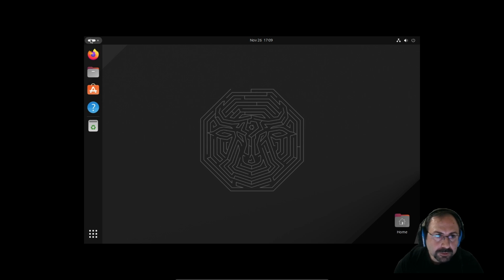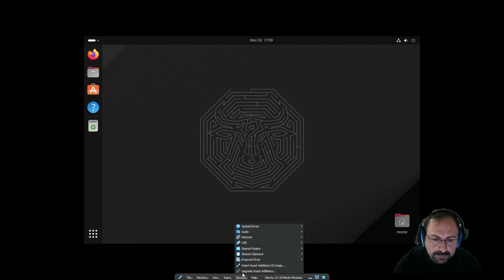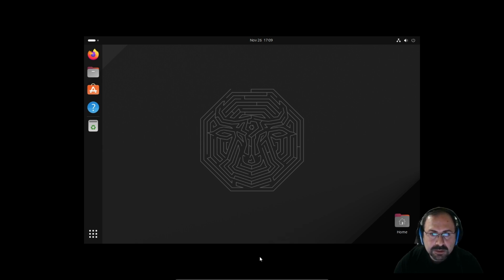Now we have the default Ubuntu, but as you can see, it's not using the full monitor size. For fixing this, we need to install guest editions CD image.